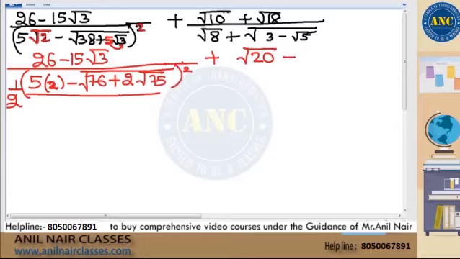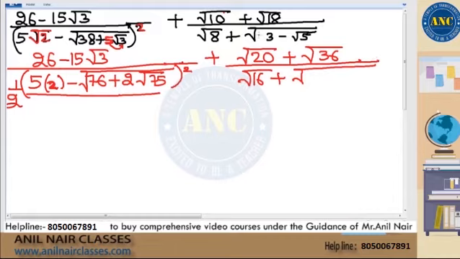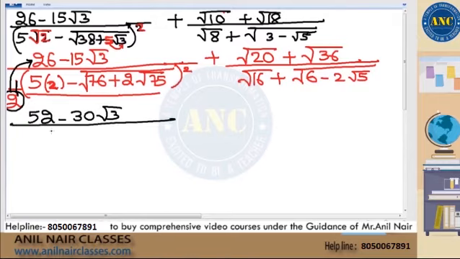Root 2 into root 10 plus root 2 into root 18. It is root 36. Again, root 2 into root 8. It is root 16, plus. Now see here. Root 2, that means inside multiply by 2, it becomes 2 into 3 is 6, minus 2 root 5. I believe that this particular step is very, very clear for everyone, right? Now the denominator 2 will go to the numerator, multiply everything by 2. 52 minus 30 root 3 divided by, this is 5 into 2, 10 minus, can I say, 75 root 75